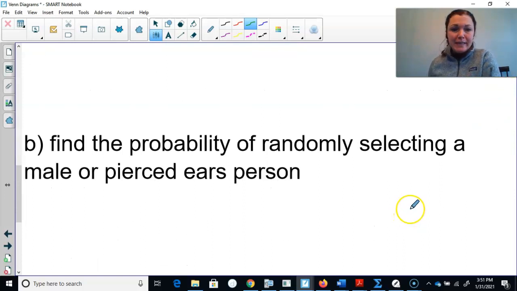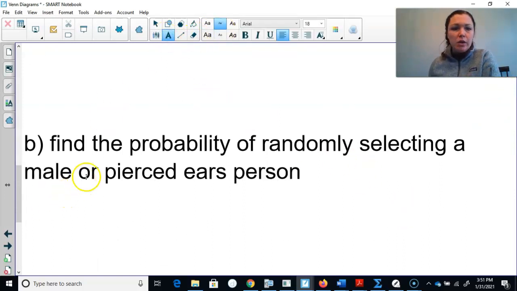Find the probability of randomly selecting a male or a pierced ears person. Now we see this "or" right here, guys. So that means we do need to use that addition rule. So we're going to say the probability